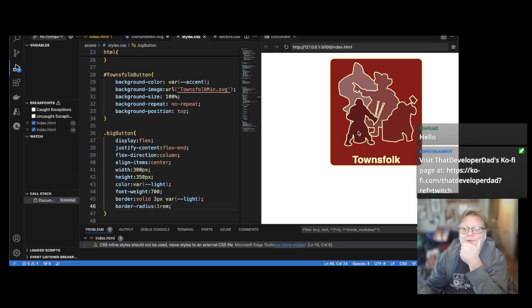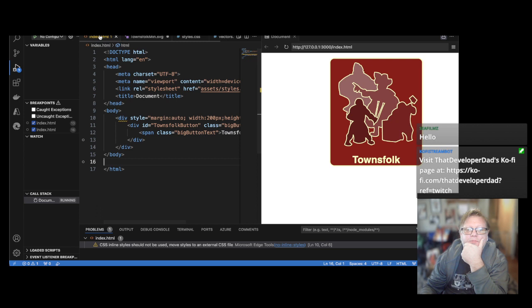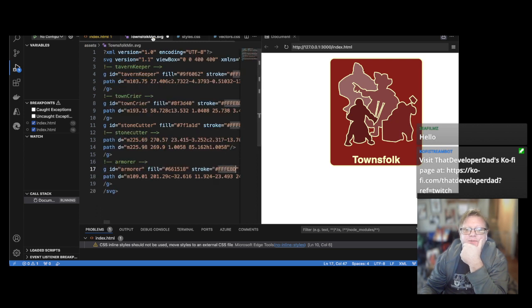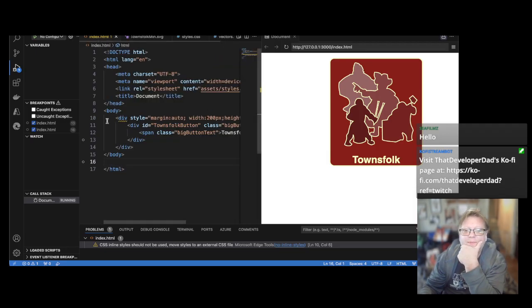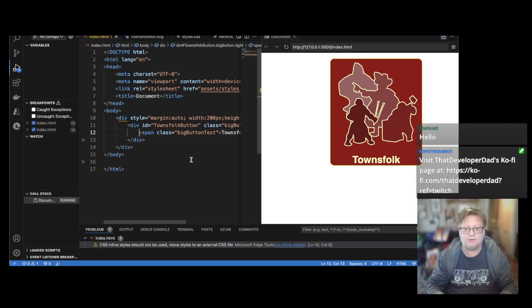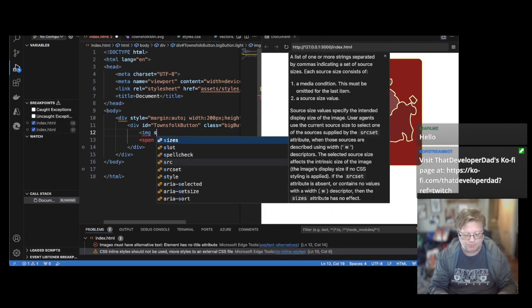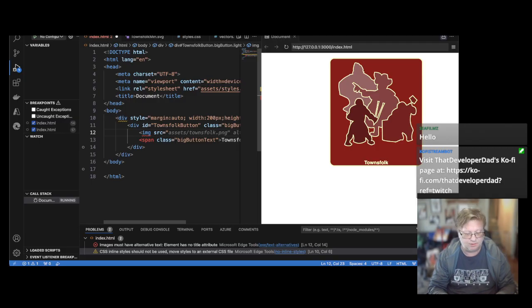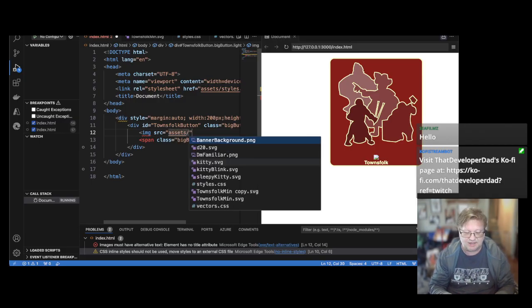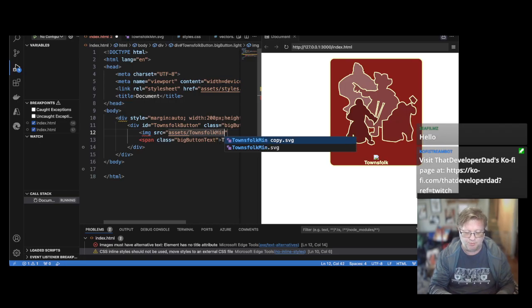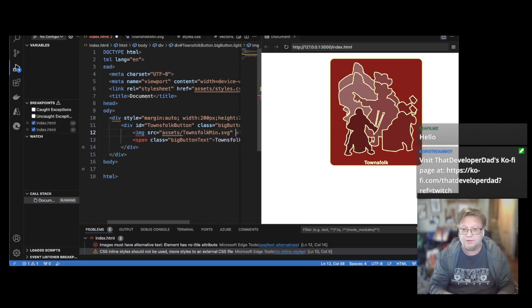And I don't think using the background image is going to work there. So, what if image source equals assets slash townsfolk min dot svg,